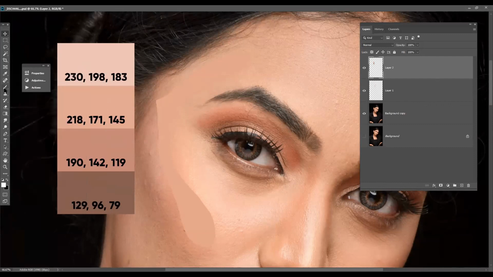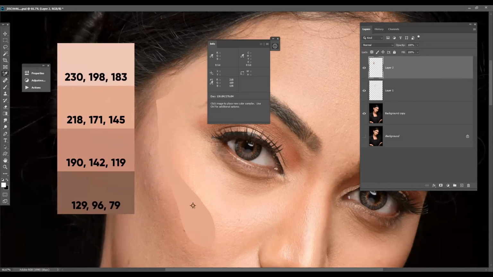So what we do, we go to the eyedropper tool, take a color sampler and just click on that sample of the area. Now you can see RGB color values have been given here. Can you see the RGB color values?